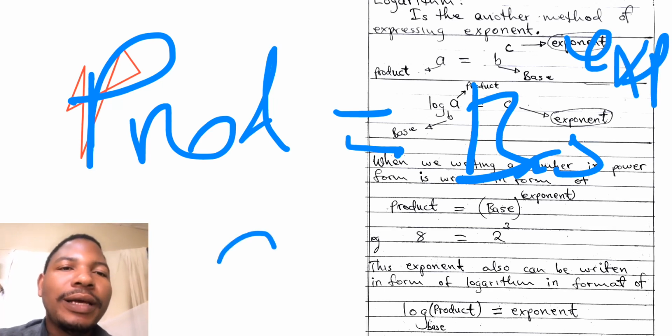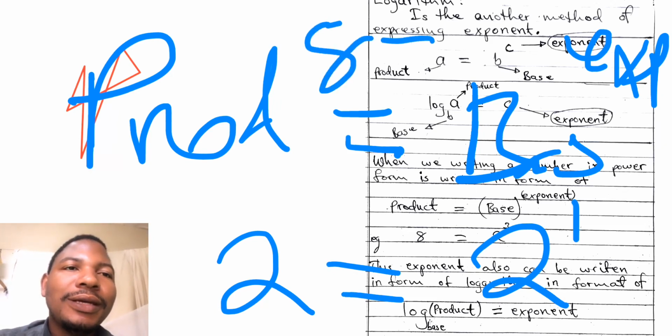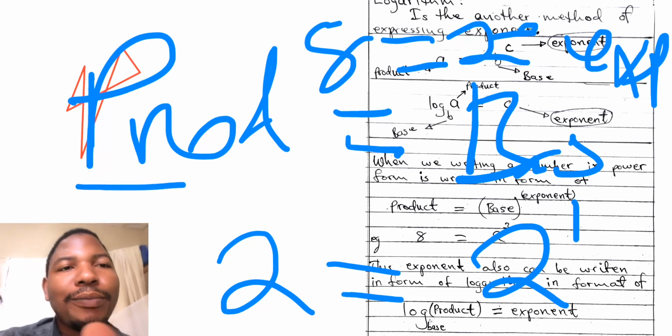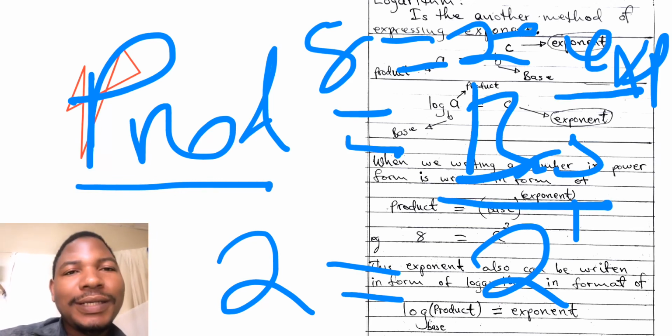That's why tuliandika 2 is equal to 2 exponent 1. Or we can write 8 equals 2 exponent something. It means kwamba ili iwe power form lazima tuandike product is equal to base raised up by a certain exponent. That is a